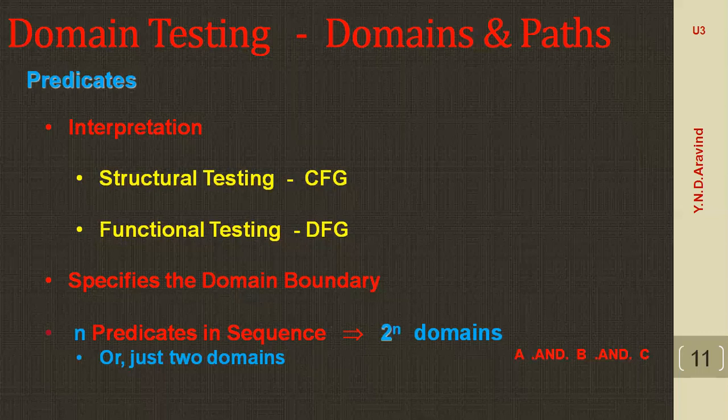Here the domains are defined by their boundaries. Domain boundaries are also where most domain bugs occur. So because of the domain boundaries, we are going to get the bugs. For every boundary, there needs to be at least one predicate that specifies which numbers belong to the domain and which numbers do not belong to the domain. Okay, so that is what we have to understand.